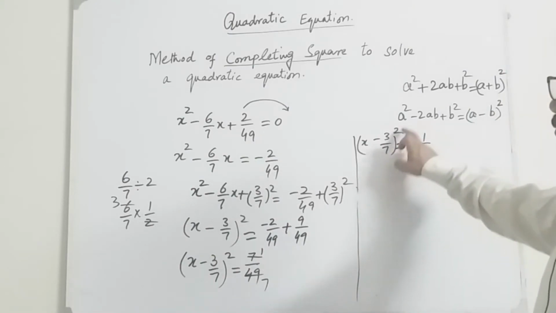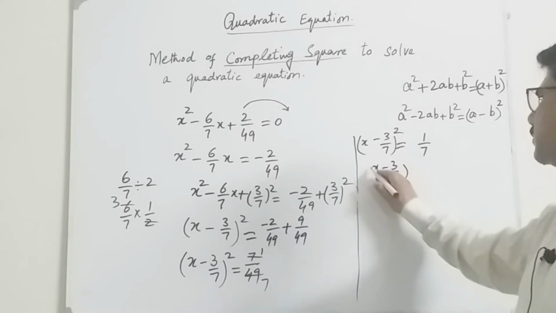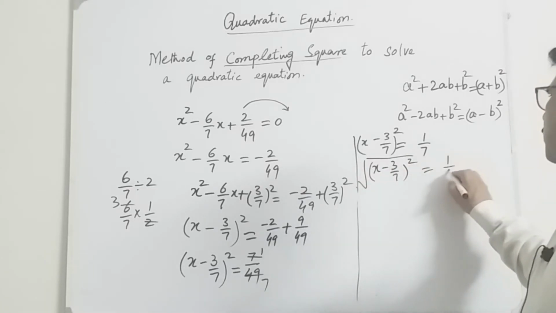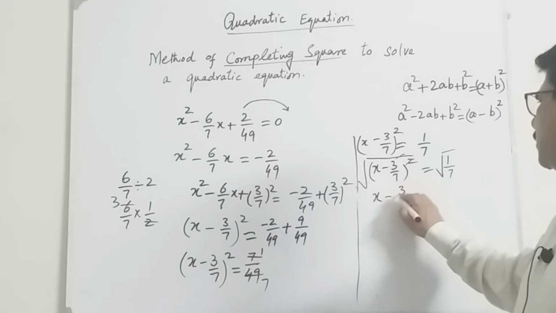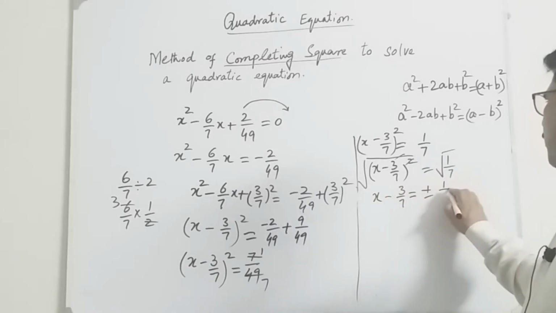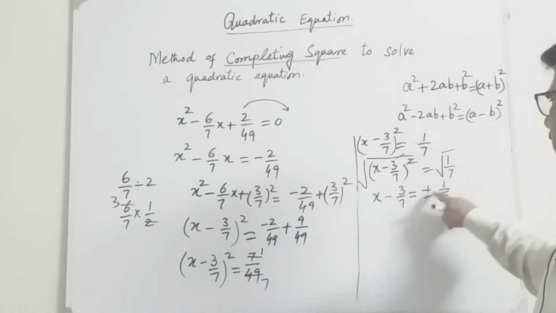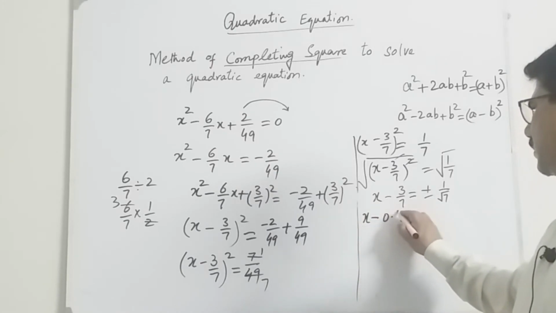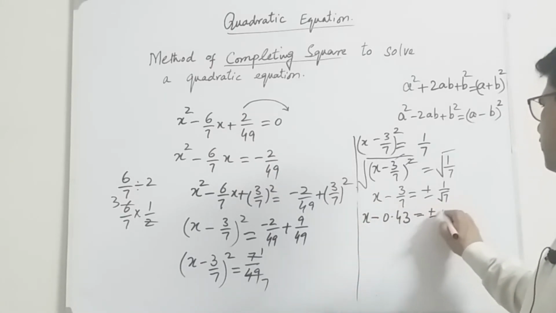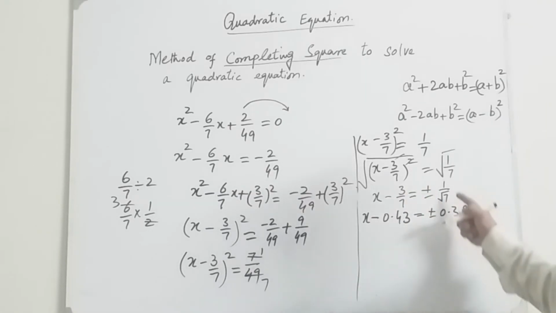Now to remove this square, we'll have to take square root on both sides. Square root of (x minus 3 over 7) whole square equal to square root of 1 over 7. This will be cancelled, and we can write it as x minus 3 over 7 is equal to plus minus square root of 1 over 7, because square root of 1 over 7 will be the square of plus minus square root of 1 over 7. Now we can write it as x minus 0.43 equal to plus minus 0.38, because 3 over 7 will be equal to 0.43, and square root of 1 over 7 will be equal to 0.38, correct to 2